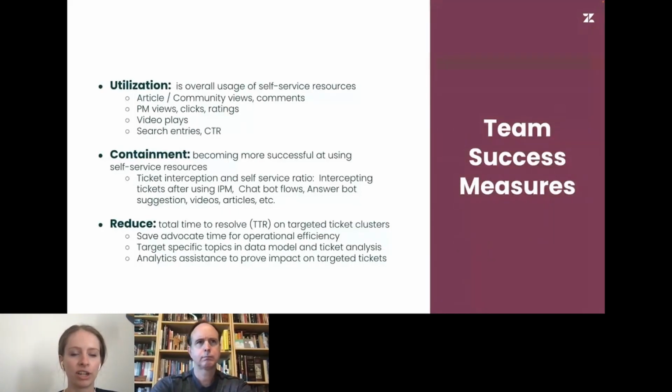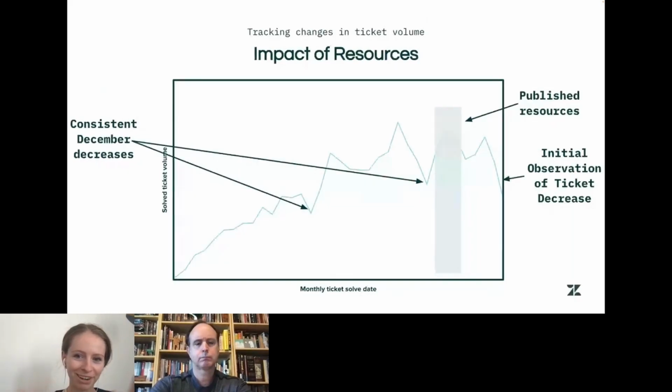The final screenshot I want to show here, and I've removed the X and Y axes, was tracking week over week, month over month, the volume of tickets we were getting on a specific subject area. Our team was noticing a big spike. We were seeing lots more questions come in. Again, our advocates were manually just quickly checking a field that said, on this topic, we're seeing more and more